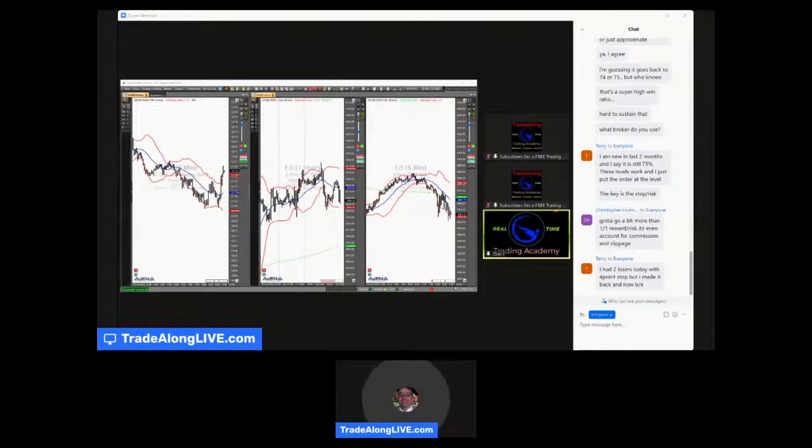A good example is down there at the 63 area. I believed in the 63. I did not take it, but I believed in it. If I hadn't been ahead like I am now, I would have probably taken it with a 50 out. That was almost a 10-point run there. So